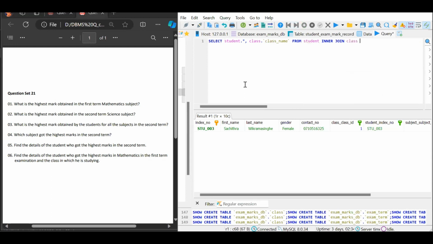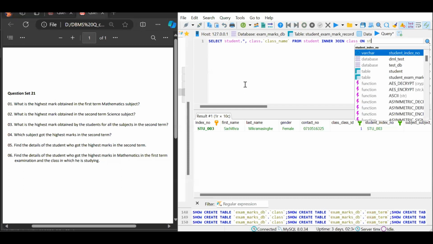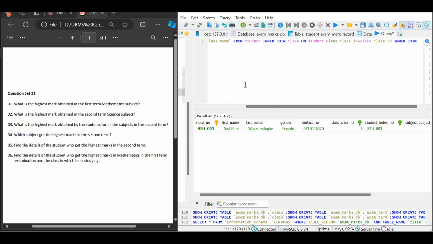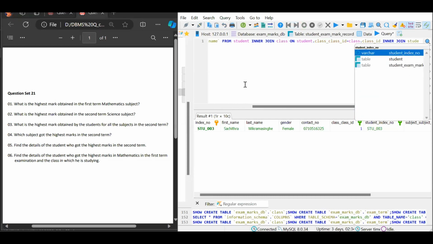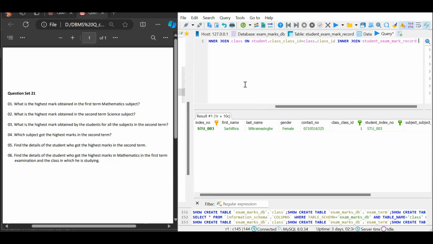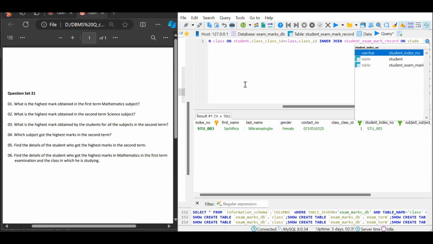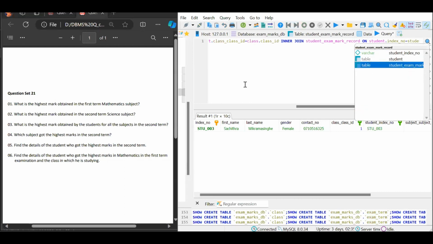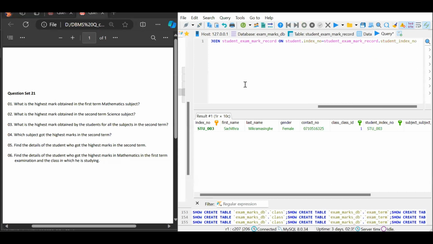the class. We can use the on keyword on student dot the class id equals to class table dot class id, and then we can use again an inner join here to join the student exam mark record table, as it contains the marks of the students, and then we use the on keyword here, and then student dot student index number equals to student exam mark record table dot student index number,